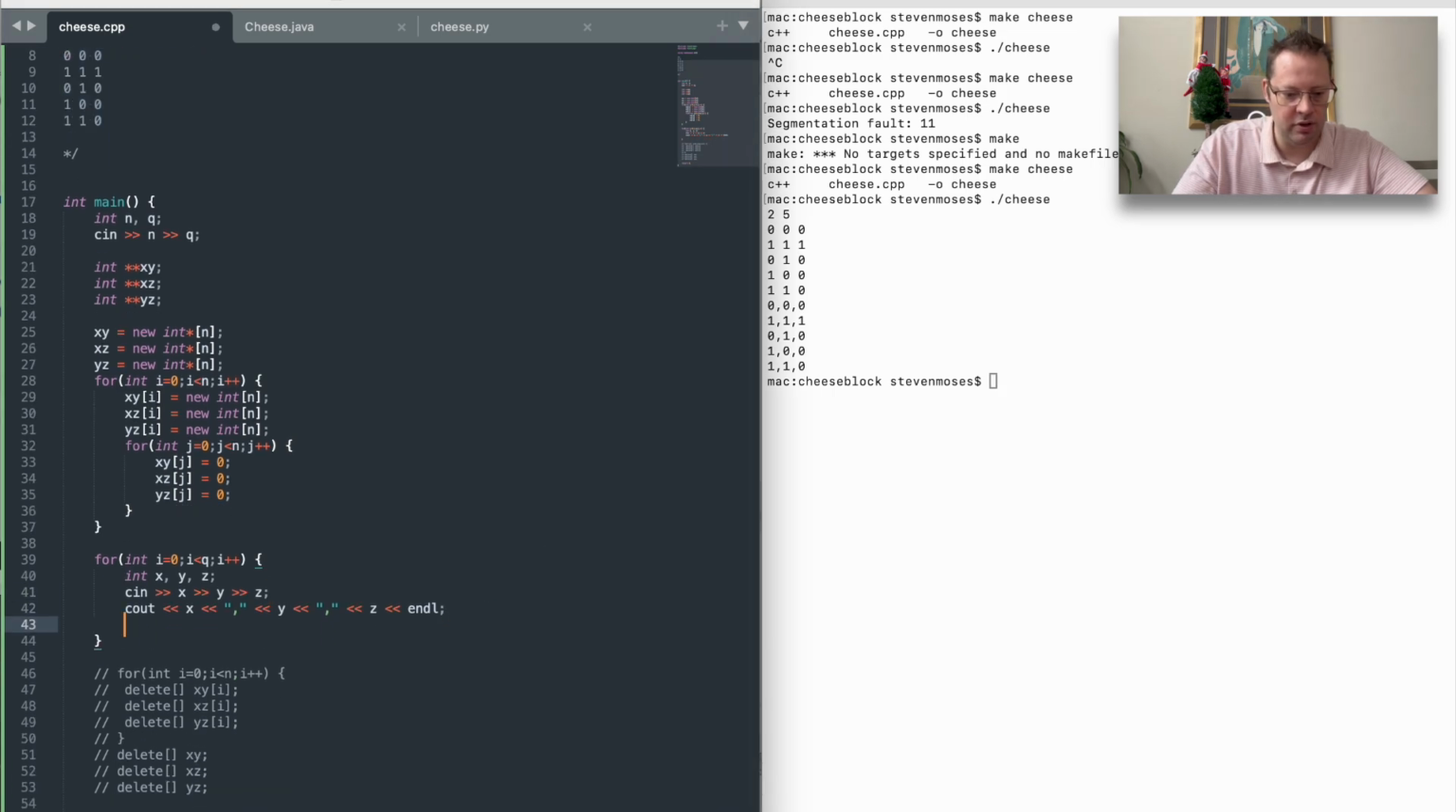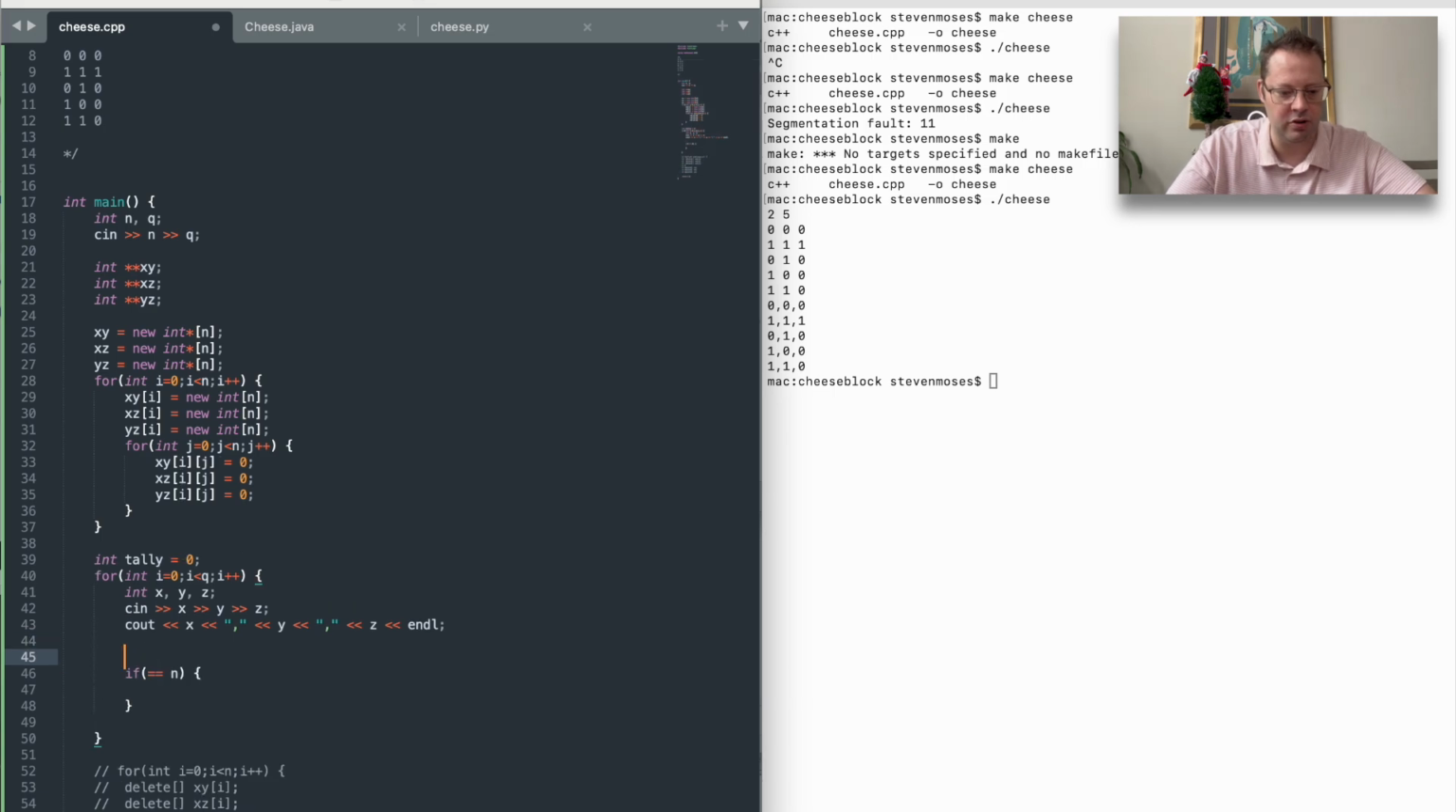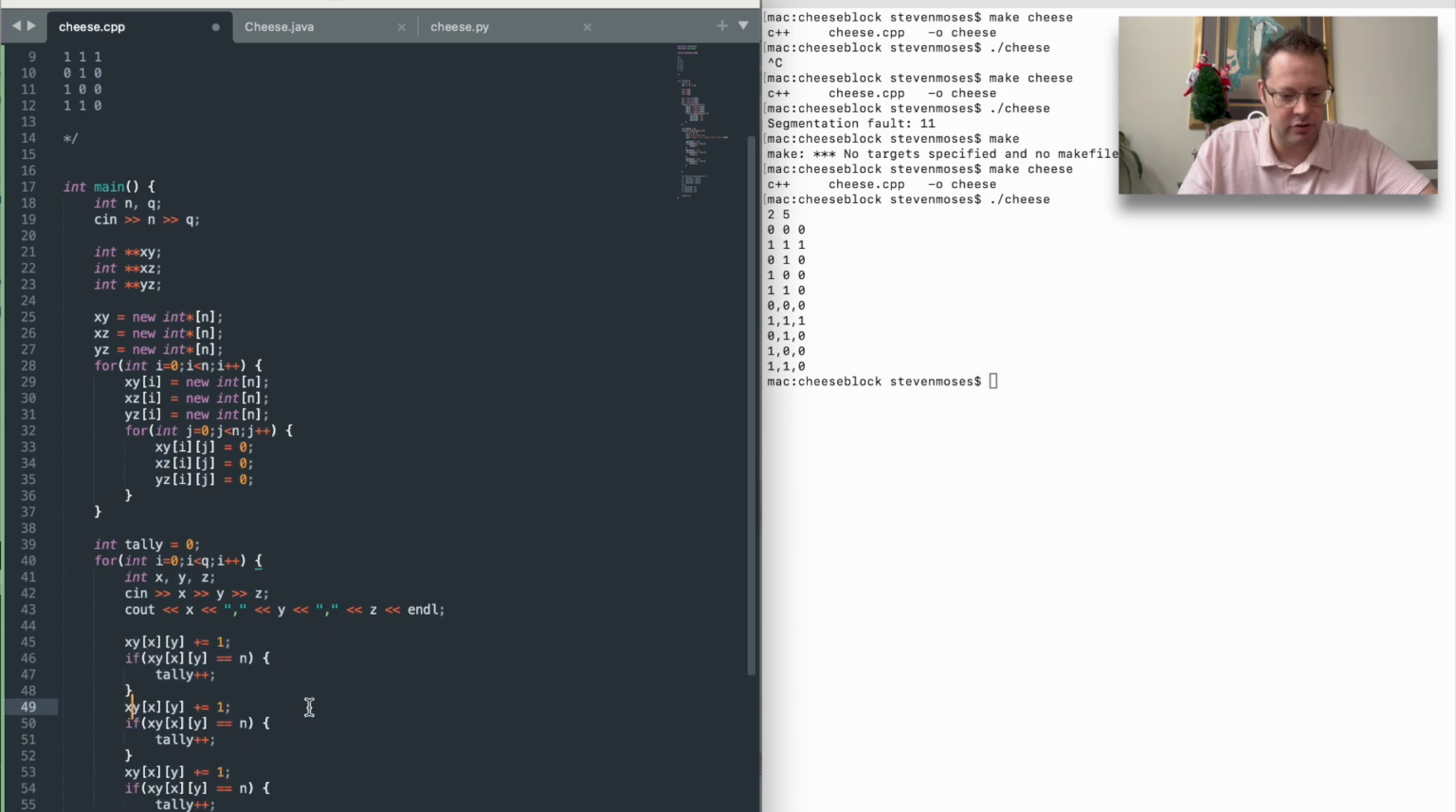So what we'll be doing is for xy, we're gonna do xy at xy plus equals 1, and then if xy at xy equals n. This is a little bit slower than doing the plus plus xy, but I want to keep it easy to read. I don't think it'd make a very big difference anyway, but we'll check that at the end as well. If that's equal to n, then tally plus plus, and then we'll do the same exact thing for the other two variables, xy, xz,